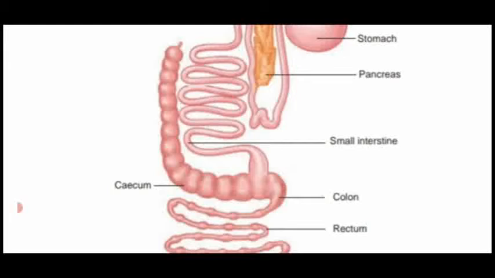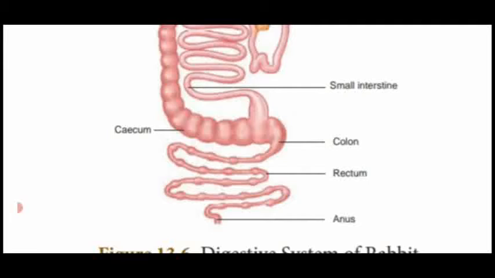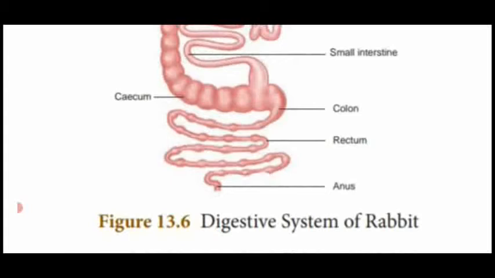See, it is curved and coiled, in a spring shape. The cecum contains bacteria to digest the cellulose material. Then the small intestine is followed by the large intestine. The small intestine and large intestine are separated by the cecum, or the junction between the small intestine and large intestine is called the cecum. Then the large intestine is divided into the colon, a sac-like structure, followed by the rectum. The rectum opens outside by the anus.